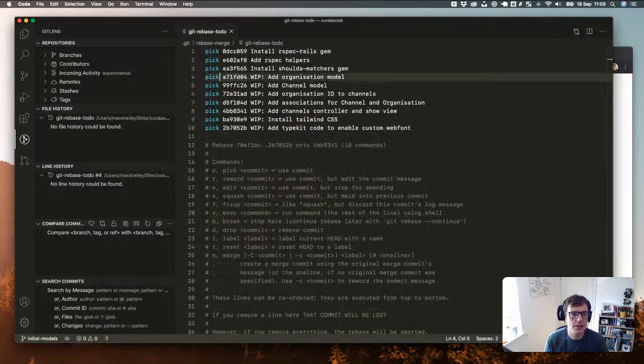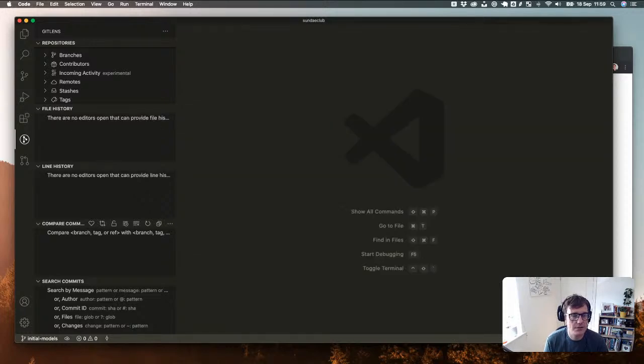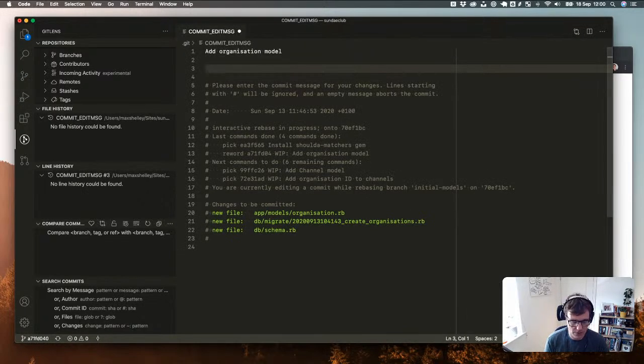So we're waiting for the editor, so let's jump back here. Oh, let's do 2. No, my memory is not good enough for that. Let's just do this one first. So add organization model to be able to... what are we doing here? We want organizations to have multiple users, and we want organizations to have multiple streams. So we want to be able to keep the language simple. Make that capital as well. To be able to